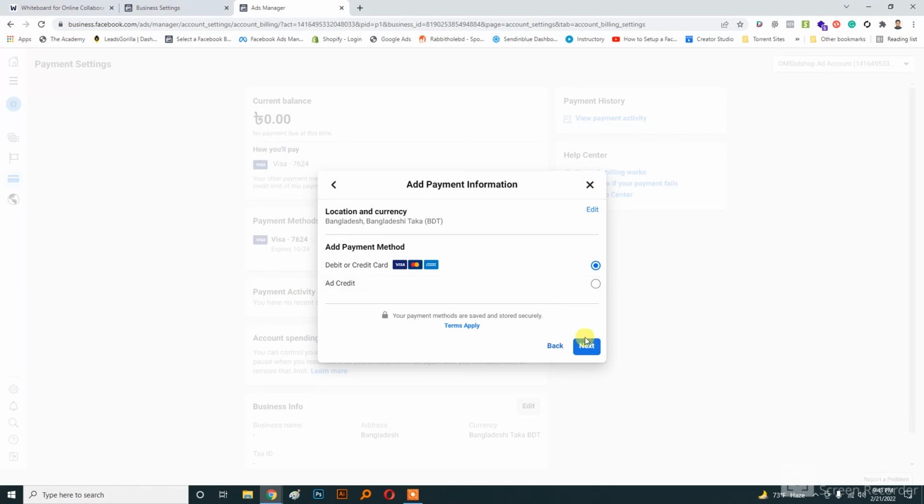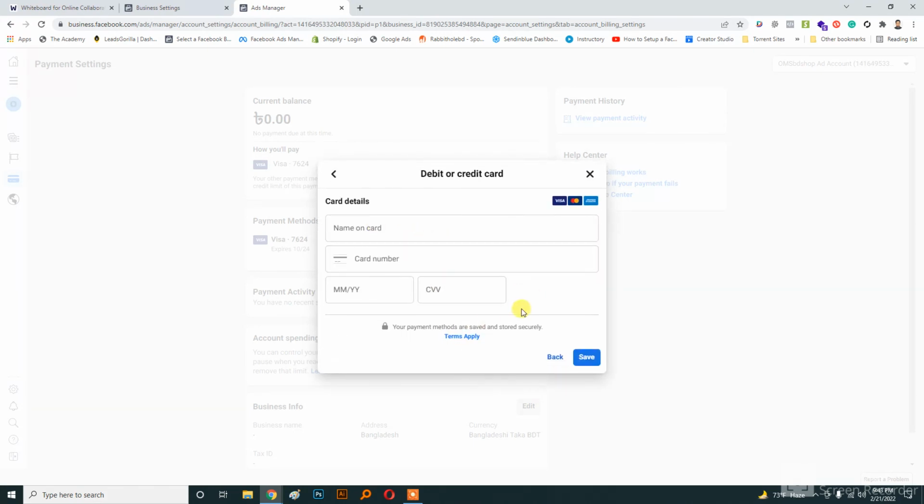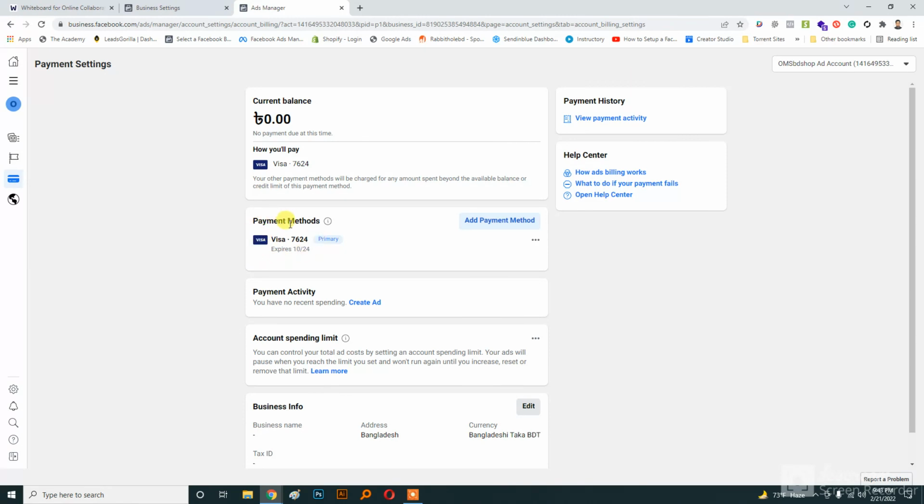And if you select and click next, it will ask you for your card information. Then type all the information here and then click save, and you will see that your billing method will be